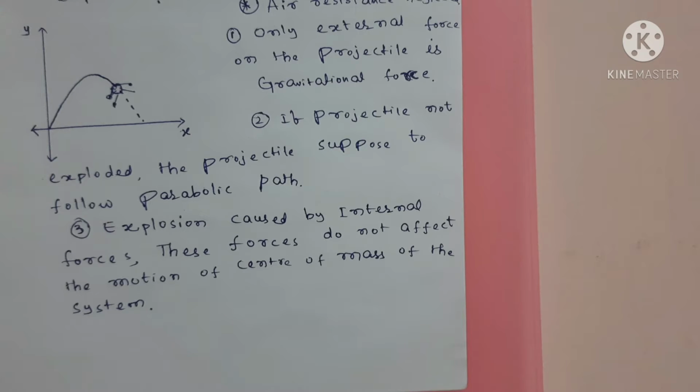Trajectory of a projectile is a parabola. If it is not exploded, it is supposed to follow this path. Okay. The third point,